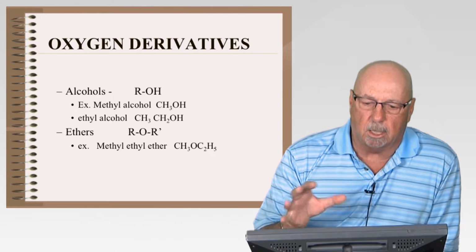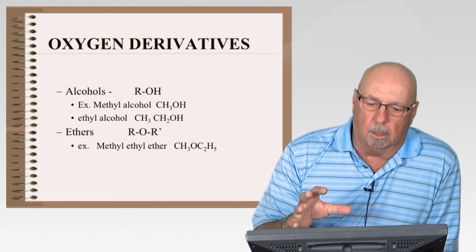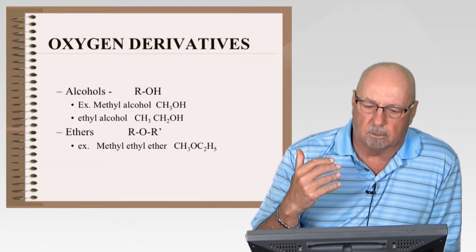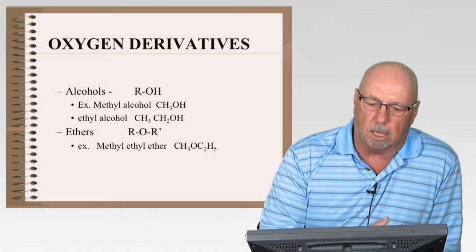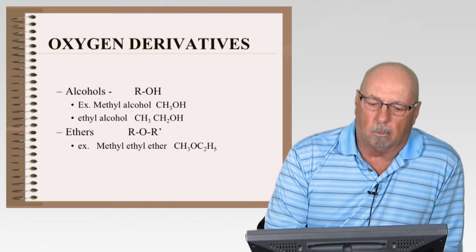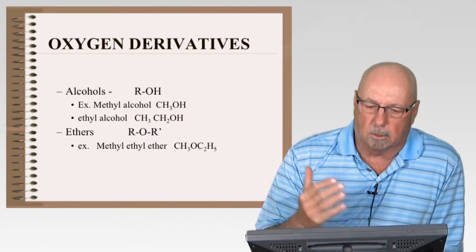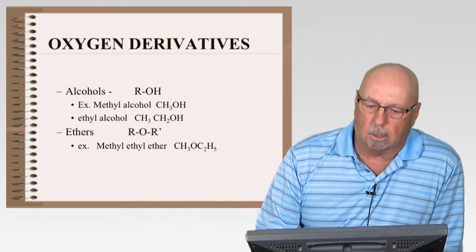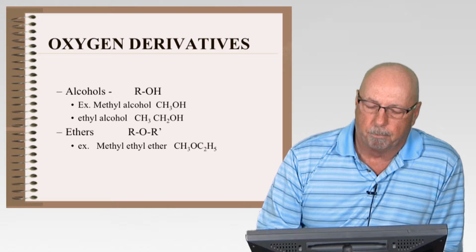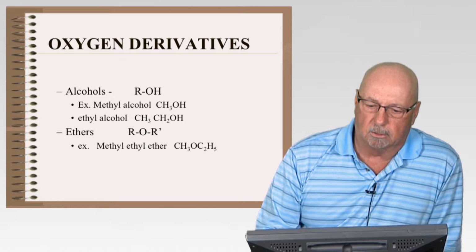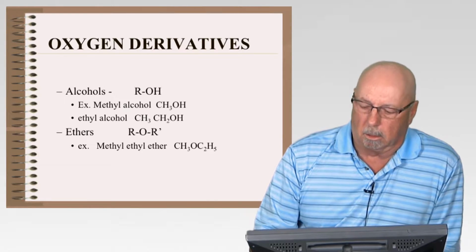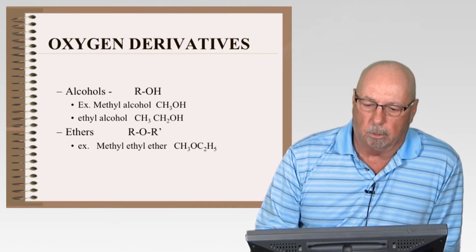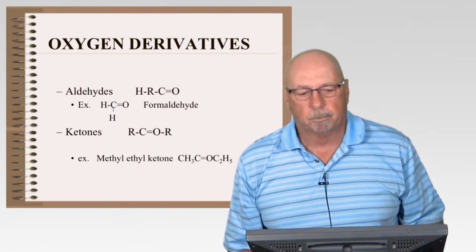So you ought to be seeing here, by knowing some of the nomenclature system, you can kind of figure out what our chemical substances or compounds are going to look like, and what kind of chemical elements are being used to comprise those compounds. Then we have